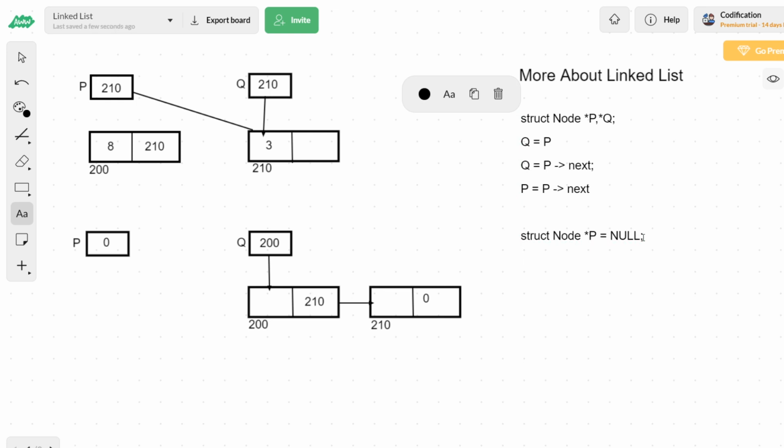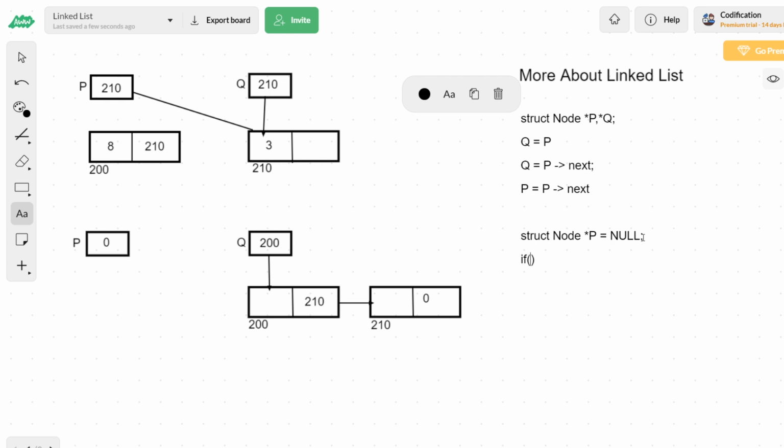So we use the if condition: the if keyword followed by parentheses, inside which we give a condition. That condition has to return either 0 or 1. If the condition we provide is true, then the if block will work. If the condition is false, then the if block will not work; if an else block is available, it will work.